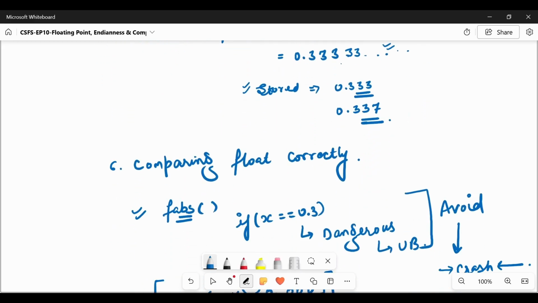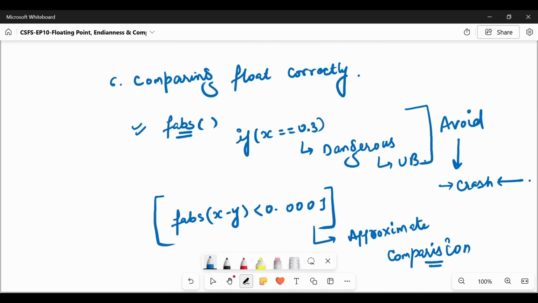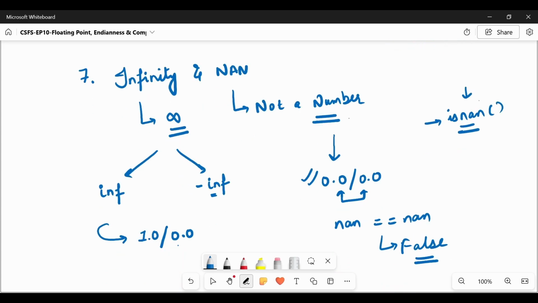We have shared an example. And the next point we have covered is when we are comparing floating point numbers, what we need to avoid, why we need to avoid it, and what function we need to use. And we have two special values in floating point representation, that is infinity and NaN: when they can occur, what output we can get in this case, and how we can check beforehand while designing the code if we have to deal with these things.